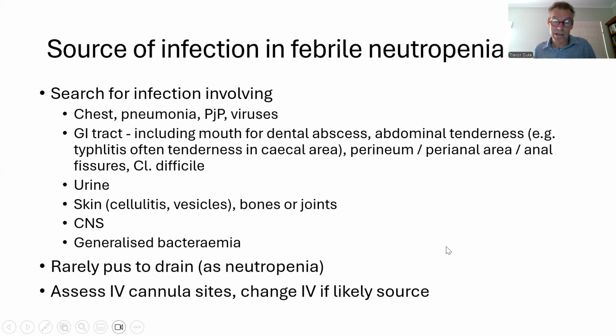Many of these children don't have pus to drain. That's unlike children who don't have neutropenia, otherwise well children who'll often get collections of pus somewhere, and if you don't drain the pus, you won't get on top of the infection. Many children with neutropenia won't have pus because they don't have enough neutrophils to make pus, but it is important